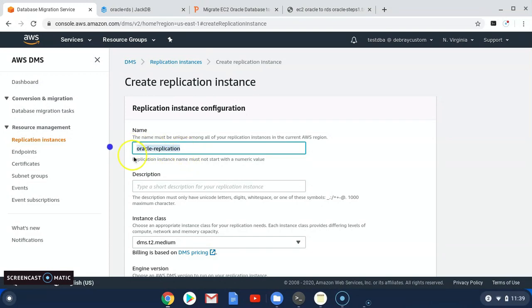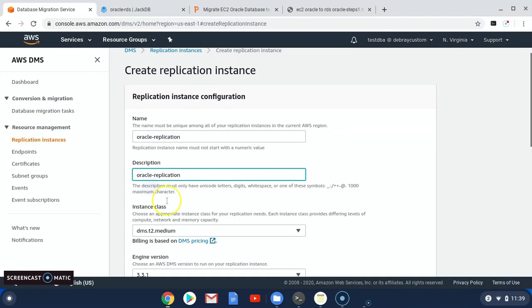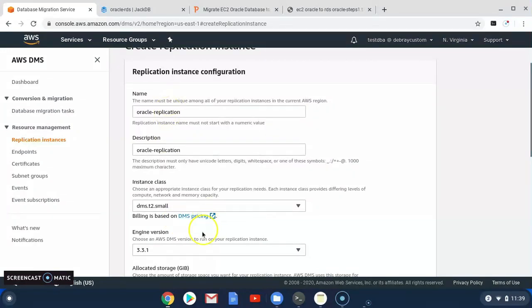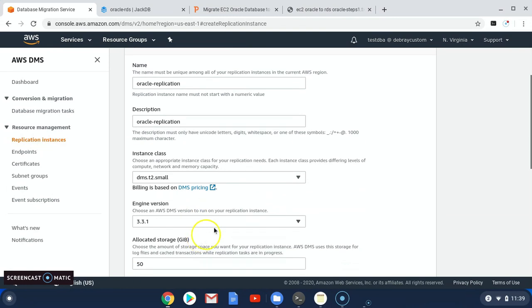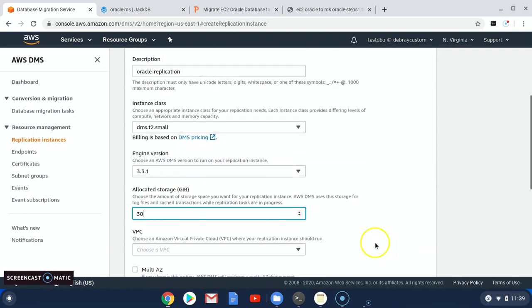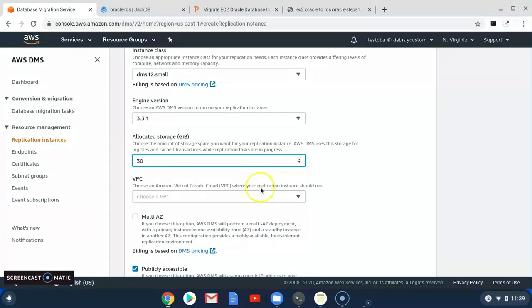Just whatever the descriptions are, I'll just cut and paste. Instance class T2 medium is default. I'm using the T2 small because the HR schema is a really small one. I don't require 50 GiB, maybe 30 would be sufficient. Okay, the one thing that is required is